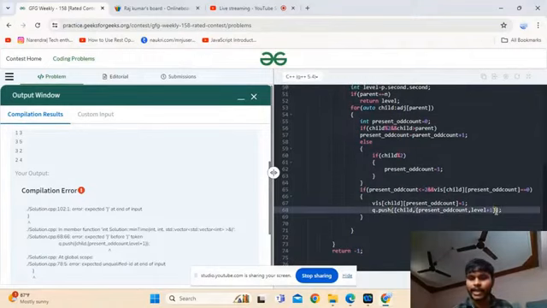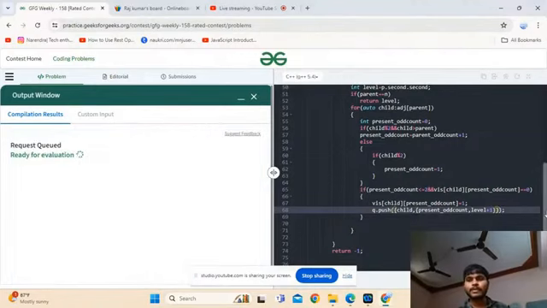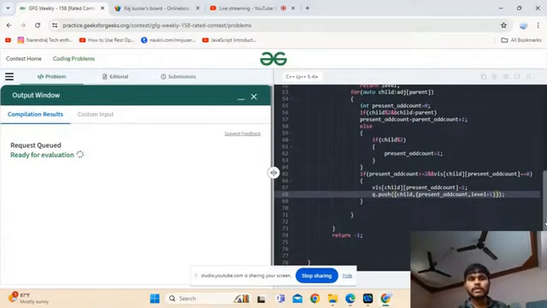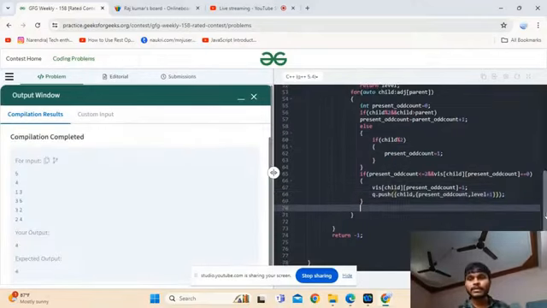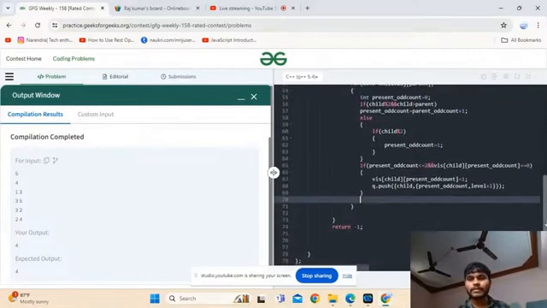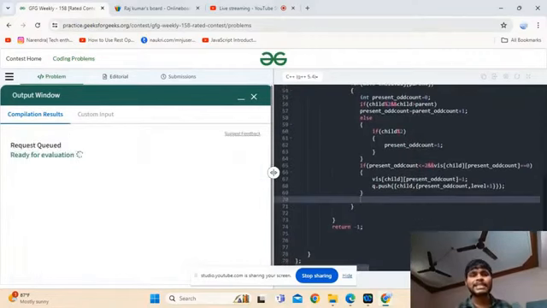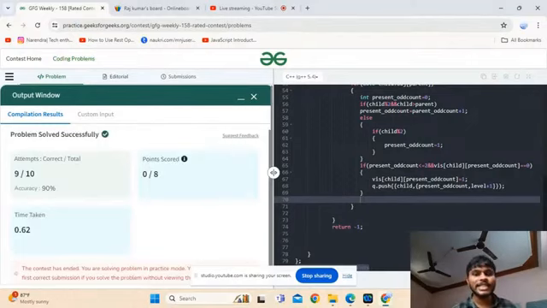Here one more bracket I have to include, right? This is pair of pair. Yeah, for the sample test case I got the correct answer. Guys, this is just a simple BFS algorithm with that condition. That's enough. Yeah, it's submitted successfully.